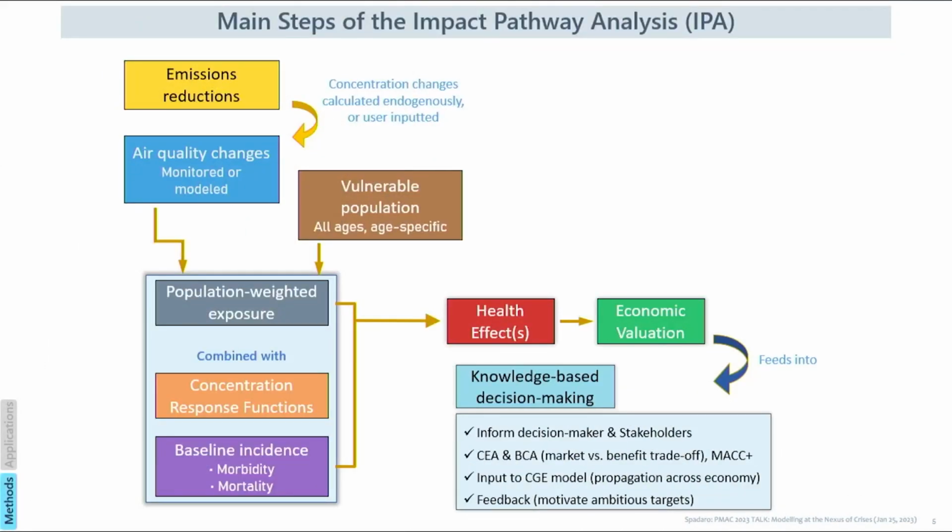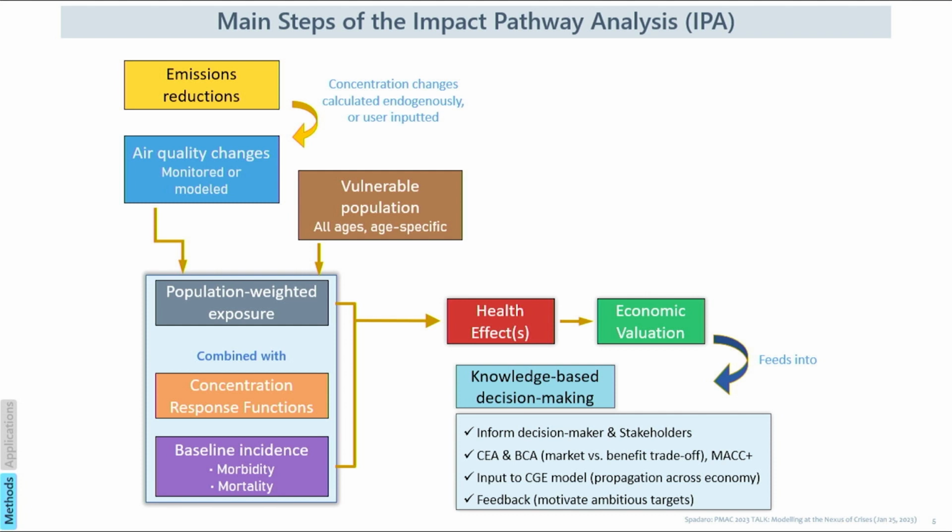The main steps in the impact analysis consist of specification of the emission reductions, indicated here by the yellow box, next calculation of the change in ambient concentrations, a process usually modeled endogenously, but the user may enter the information directly into the tool if it is externally available, shown by the blue box, then estimation of the population weighted